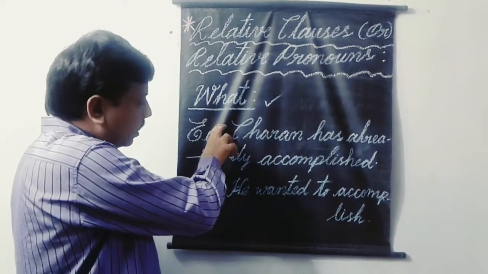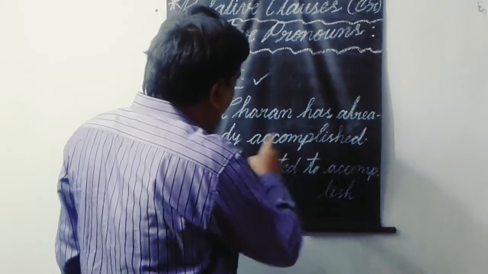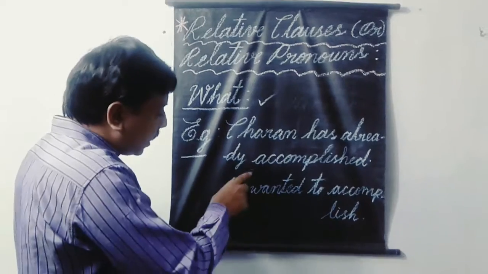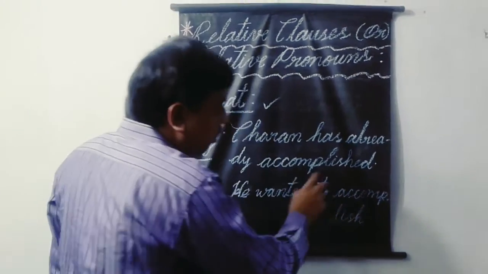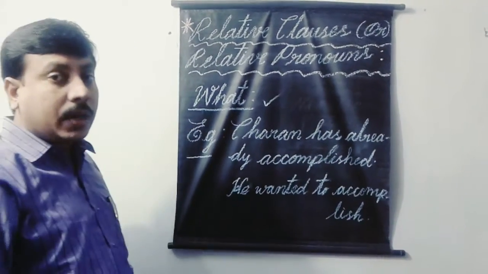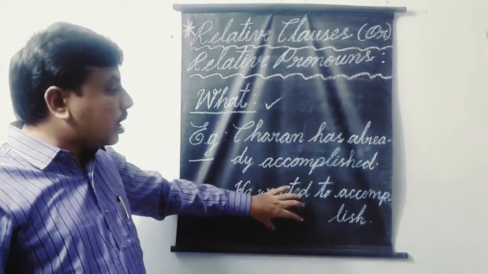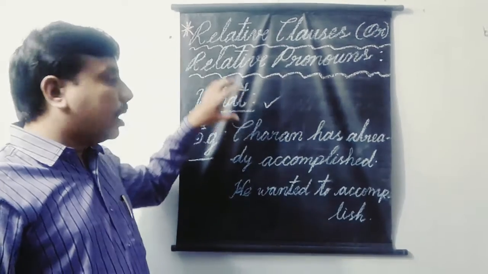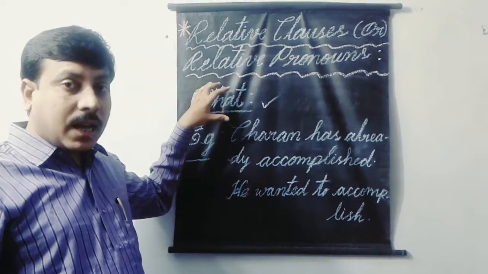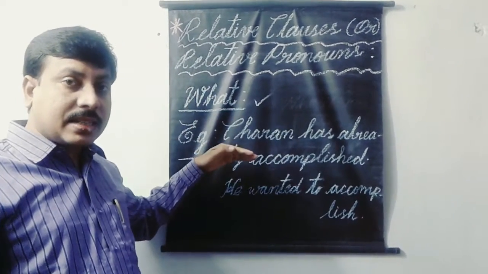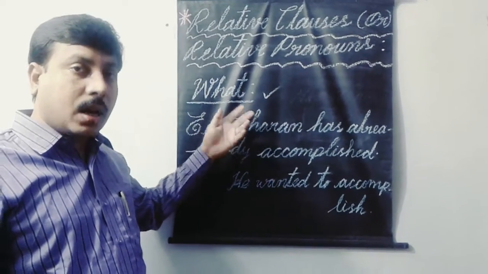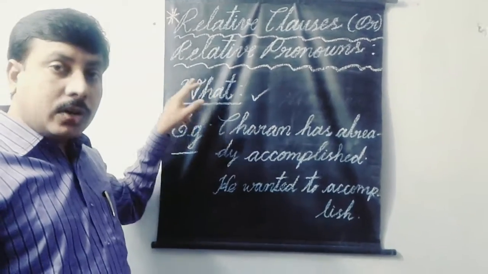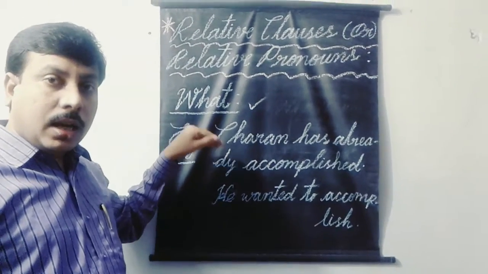Now let us take this example. Charan has already accomplished. This is one event. And let us take another event. He wanted to accomplish. These are the two events that we have to combine by using the relative pronoun what. Generally, the relative pronoun comes after the noun in a sentence in order to give extra information about the subject. But if you take the relative pronoun what, we don't have to use the noun in